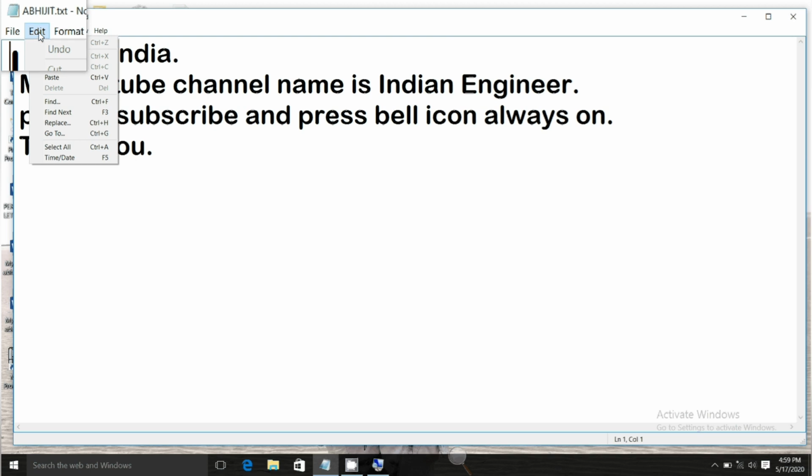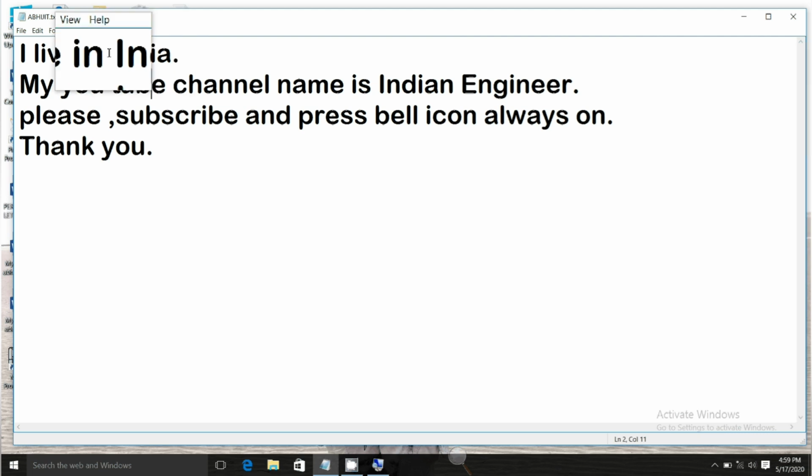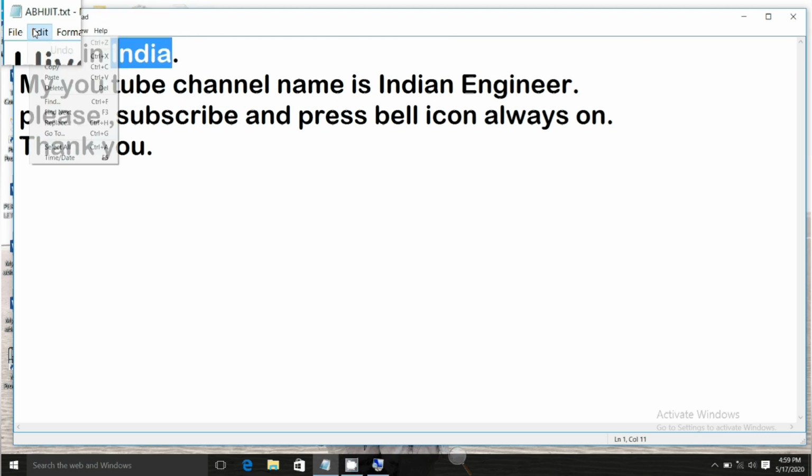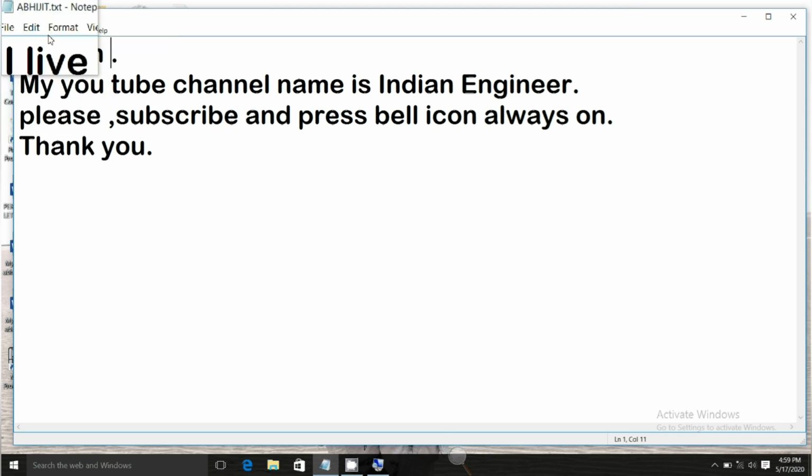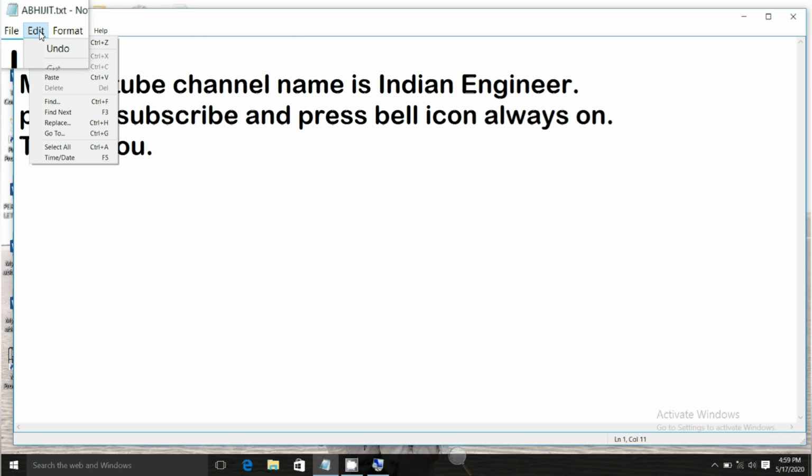In the edit tab, if you want to delete any word or any sentence, you can directly delete it from here. And if you don't want to delete it, means if you want to go to the previous action, always remember that there is one command called undo.